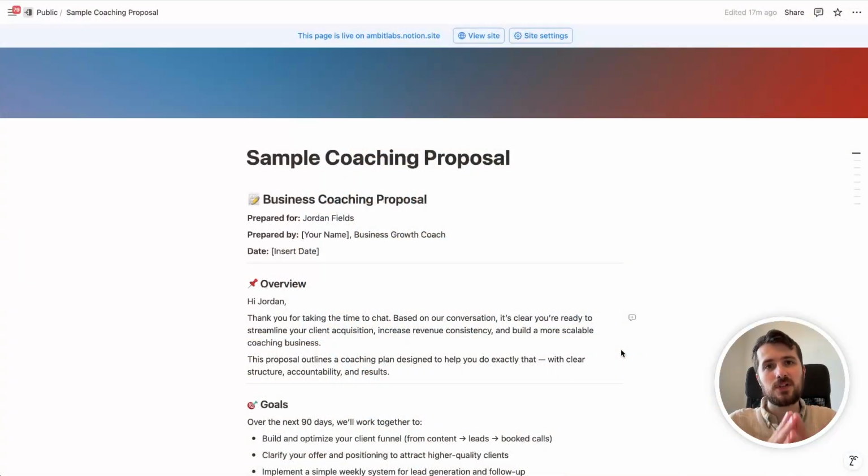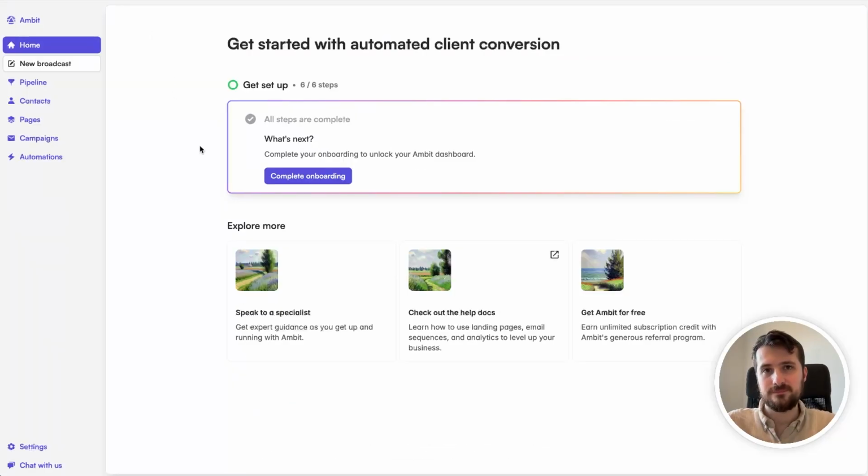All right, so I have a sample coaching proposal here, and this automation works for both custom tailored proposals and generic ones that you can send to multiple people. So wherever you have your proposal, just make sure you copy the link, and then let's hop into Ambit. Ambit's a platform aimed at coaches that lets you build landing pages, send emails, create automations, and track leads through